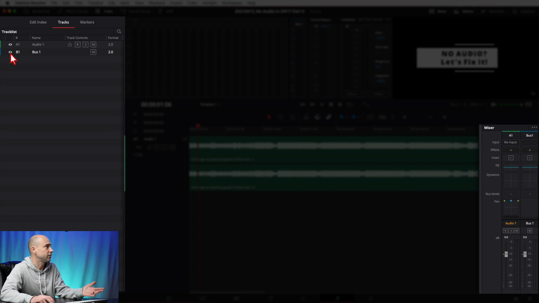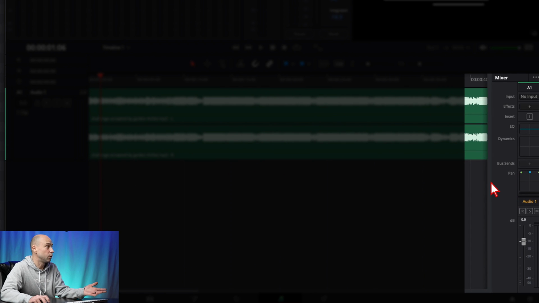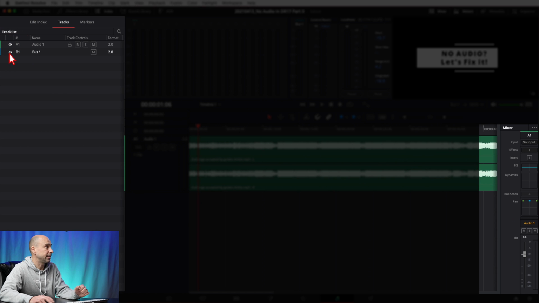Because you can see if I turn it off and we look back in our mixer over here, now the bus 1 is gone. I don't see it, right? So I want to make sure that eyeball is checked on, and that's going to make sure I can see the bus 1 right here. So now that you've got your bus 1 main out turned on here in Resolve and you can see it,